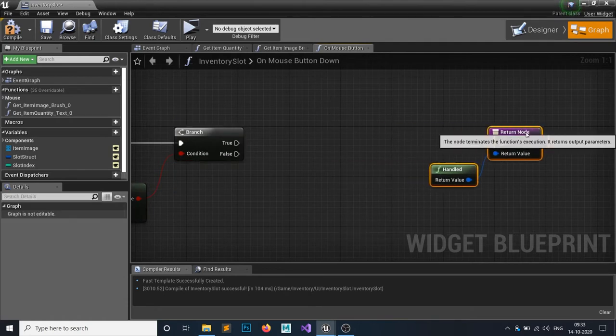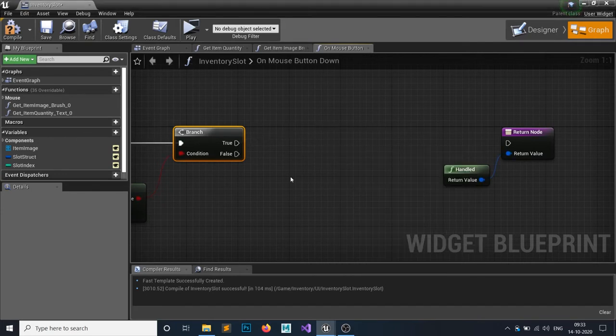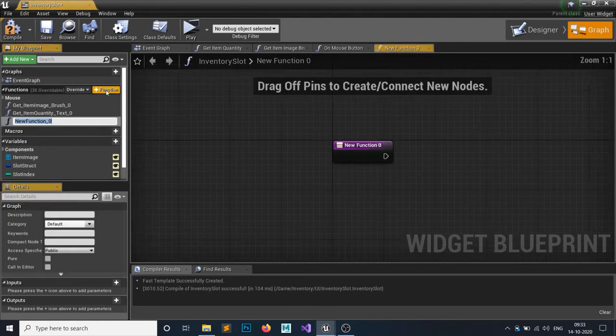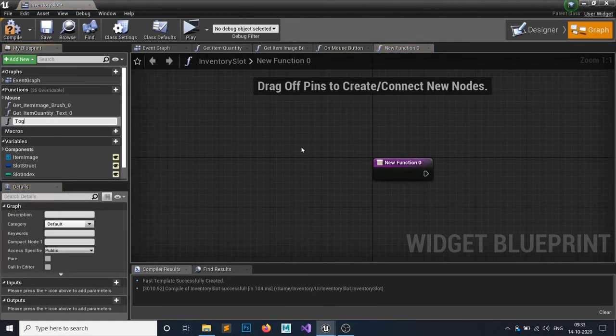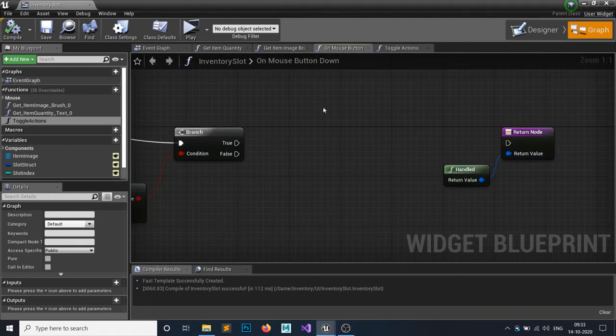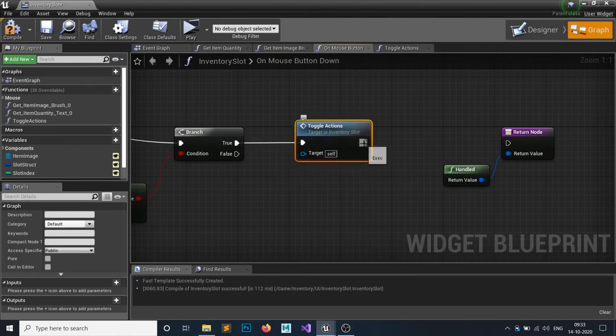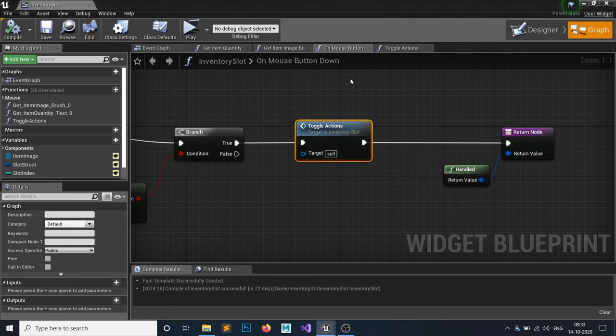then what we want to do is create that one, the inventory actions item, right? So let's make a function for that. Great, click on this function and toggle action. I want to call this function toggle action, right? Hit compile, save. We have done this thing, and bring back your on mouse button down, and we want to call this function called toggle actions. So whenever we click on your button, we want to toggle this one. So we have done this thing.